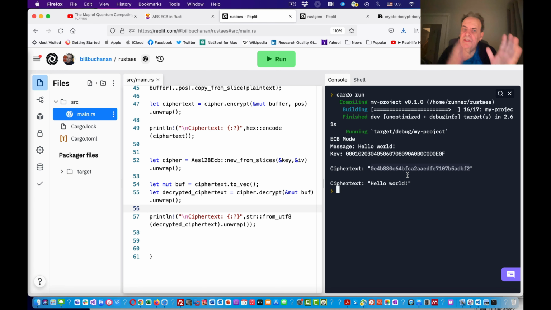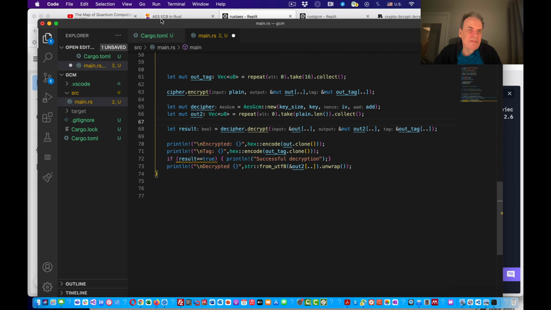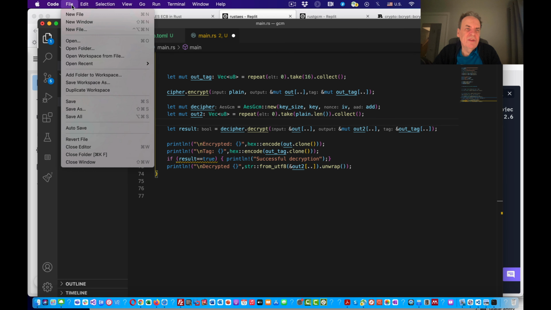There's the ciphertext. Because we're using a block cipher, that will be in chunks of 16 bytes with padding into it. So we've got to make sure that the padding is removed when we use it. Let's see if we can find this example within our code.